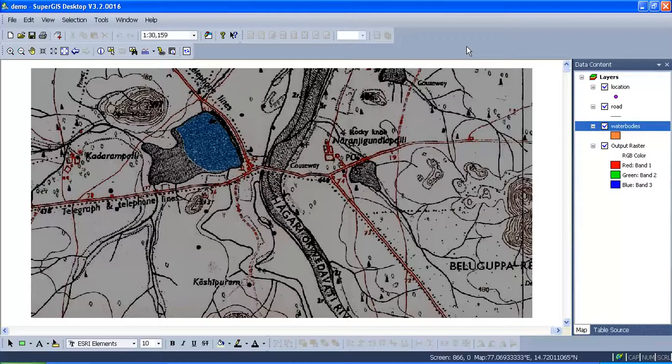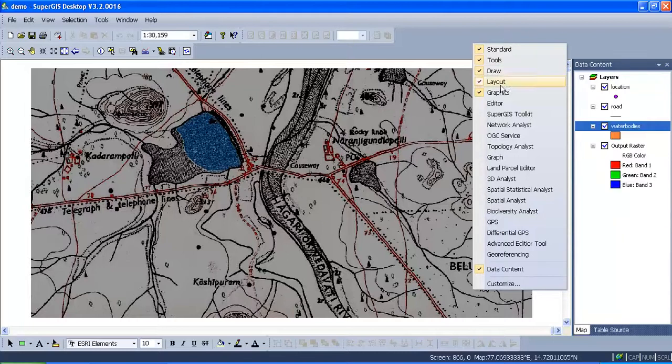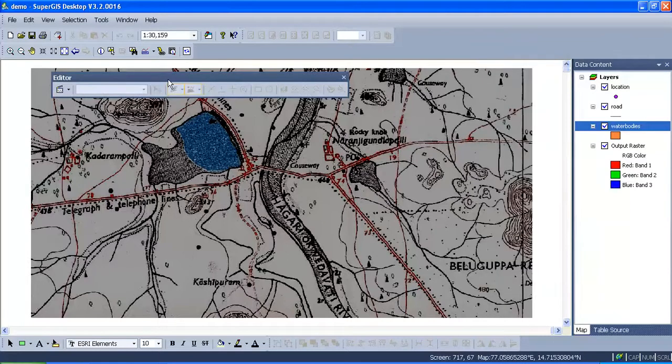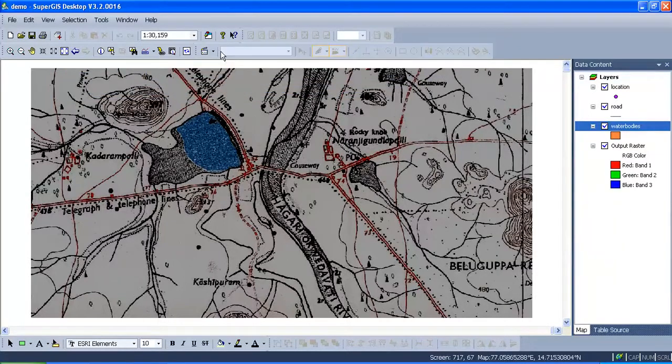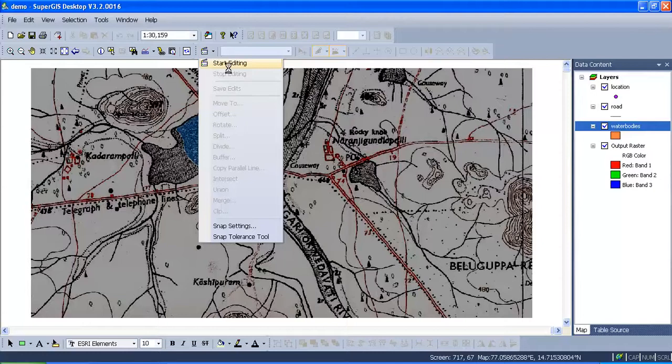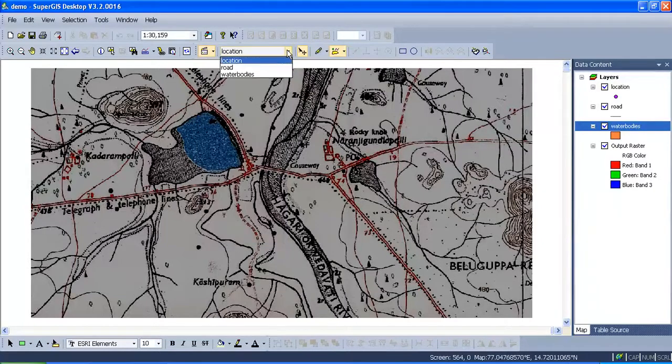We are going to digitize the point data now. Now I need to take the editor tool, right click here, editor. Now start editing. So drop down. Now I'm going to digitize location. Select this. Now create new feature.